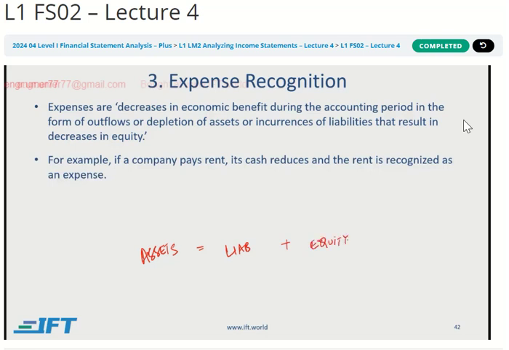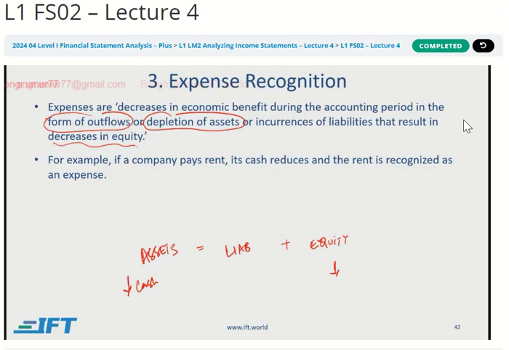And when there is an expense, maybe you are paying for it in cash, so your cash is going down, which is an asset. But if your liabilities are staying the same, then in order for the accounting equation to stay balanced, your equity will go down by the same amount. So an expense is something that is because of an outflow, which is obviously a depletion of an asset, which results in a decrease